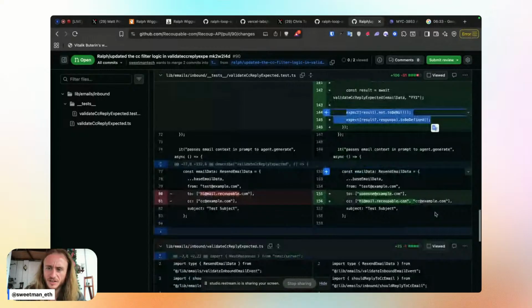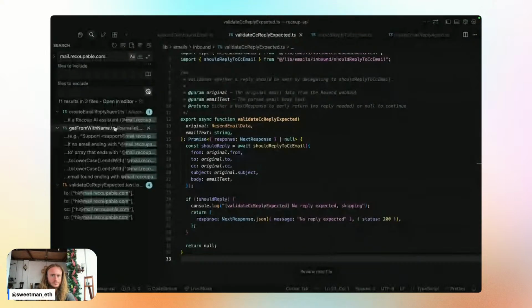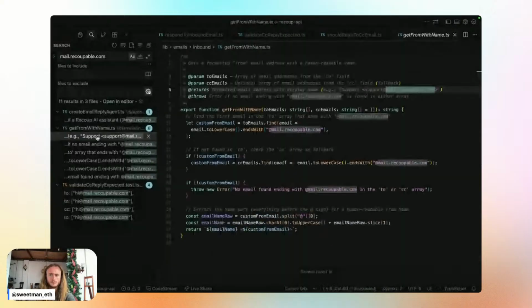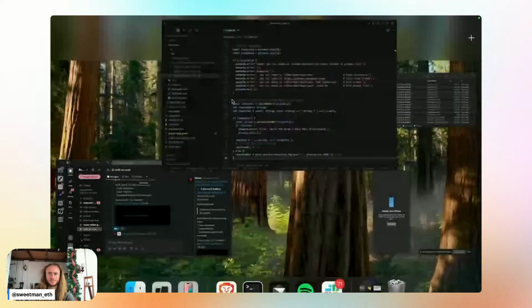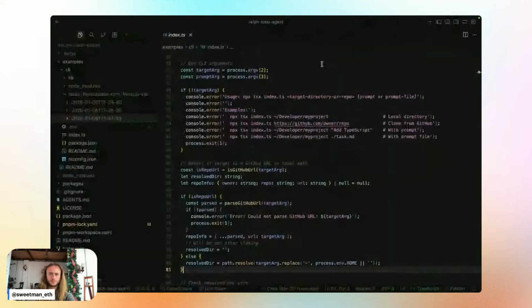Recoup domain. I think this already exists somewhere in the code base, so I want to verify that. No, we do not. So we don't have a shared variable for that yet. So it made one. I don't like that it made it directly inside of this file. So what I'm going to do is manually go in and move this inside of Cursor, because the Ralph loop does not give me,